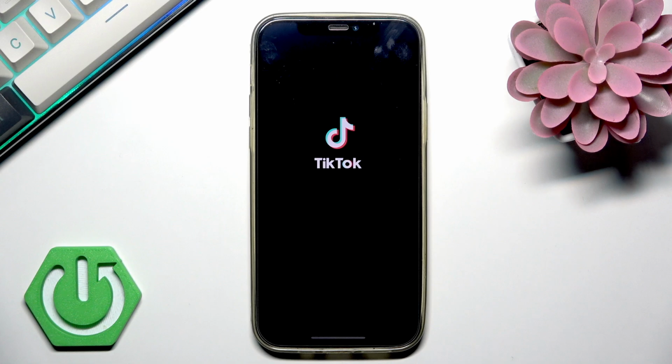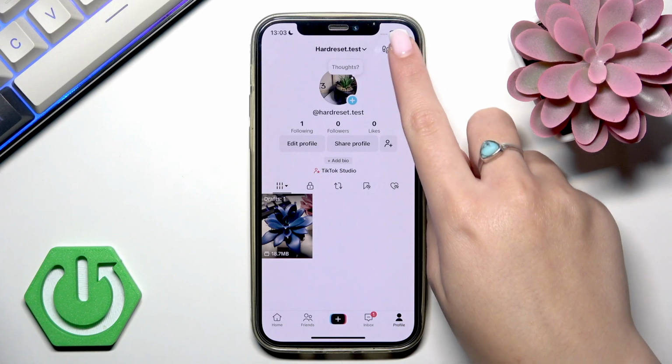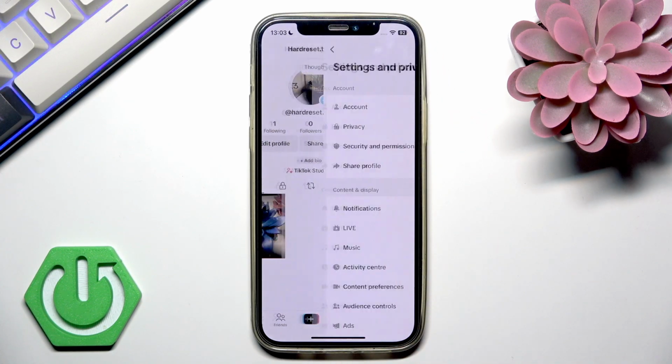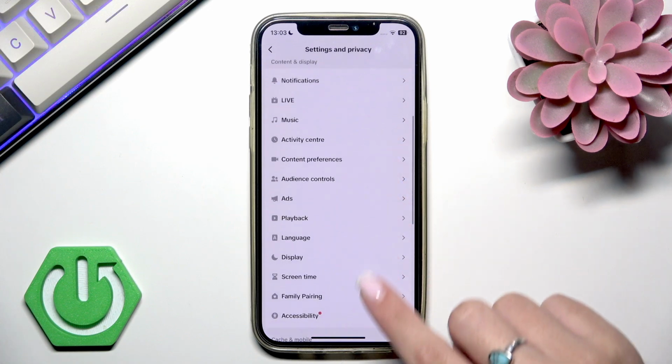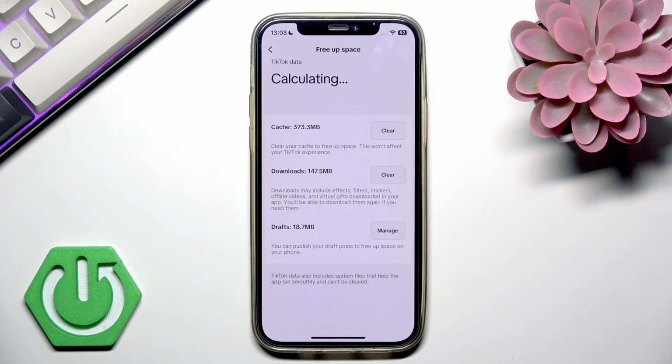Open TikTok on your device and then navigate to a profile at the bottom side of the screen, and then in the top right corner you see the menu. This is 3 horizontal lines, and then go to settings. Here you should scroll down to the section cache and mobile, and here find free up space, and here eventually